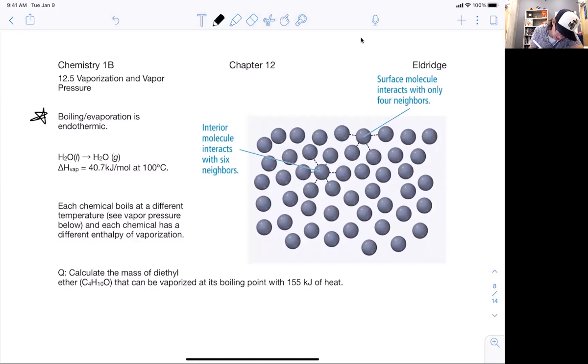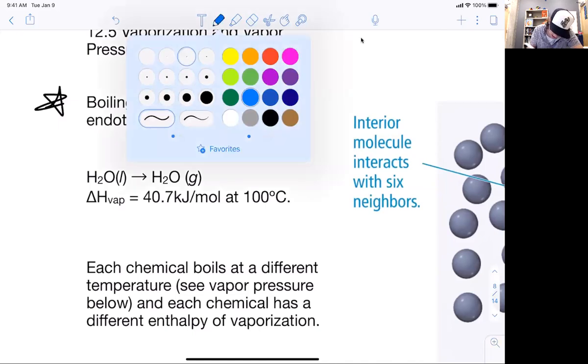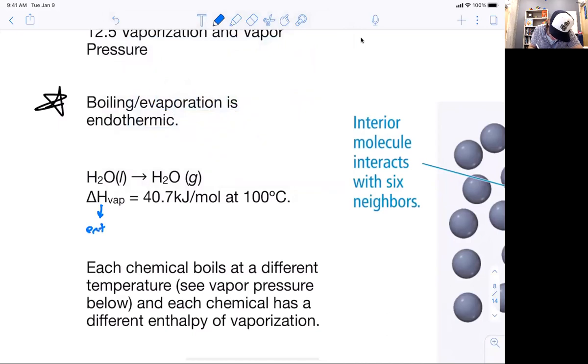So here it is in chemical reaction. H2O in the liquid phase can go to H2O in the gas phase. Delta H vaporization, again, that's the change in enthalpy. Are you saying the word enthalpy every time you see this H? But then are you thinking heat? So say enthalpy, but think heat. Enthalpy is just a fancy version of heat for chemists at constant pressure. Notice that it's positive. And again, remember, endothermic means a positive